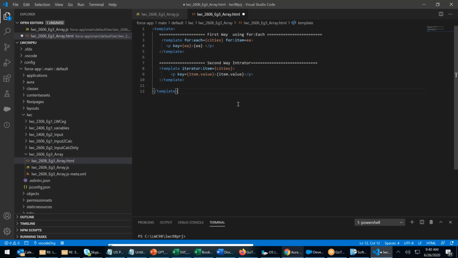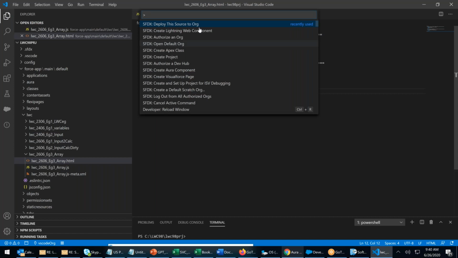Second way of doing it, using an iterator. Control S. Control Shift P. Deploy this to the source org.